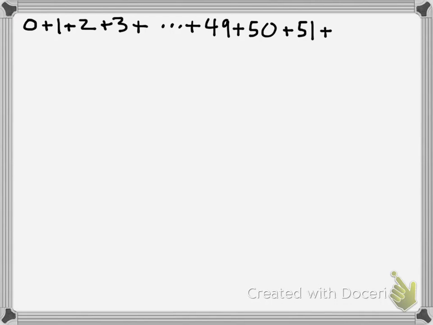0 plus 1 plus 2 plus 3, and you're like, "Well, this would take forever." I'm already at, what, 3 plus 2 is 5, plus 1 is 6, okay. Well, let's say I keep going, and I get 49 plus 50. Okay, I'm halfway. Let's keep going. 51. It would take too long. Let's just say I get to the end, and I'm at